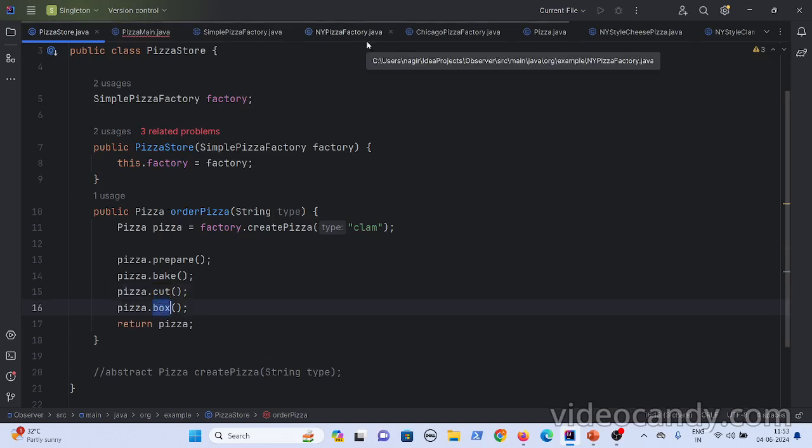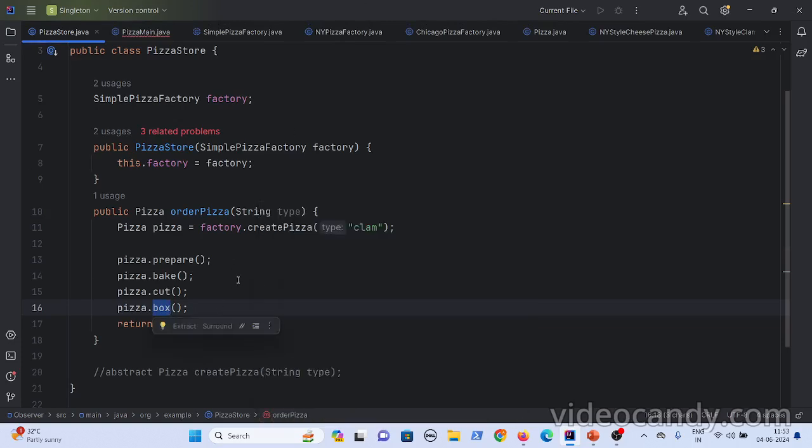Whenever a person, from whatever region, orders a pizza, you are just creating the pizza of that style and following the same process for all regional style pizzas. Now let us suppose the New York store came and said that they don't want to cut their pizza, because their customers like it. Imagine, this is a hypothetical scenario, they want to eat the pizza as a whole. They don't want to cut it, they don't want to put it in the box, they want to pack it in some other different way. But you are still following the same process.